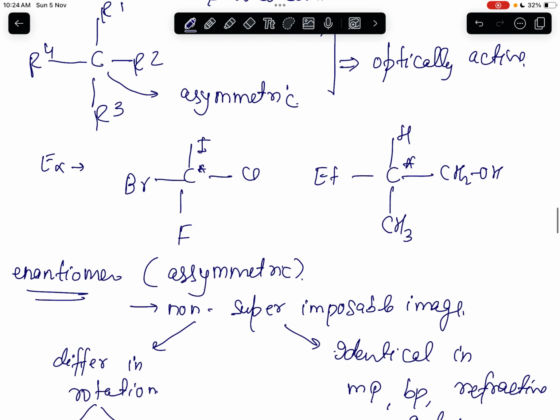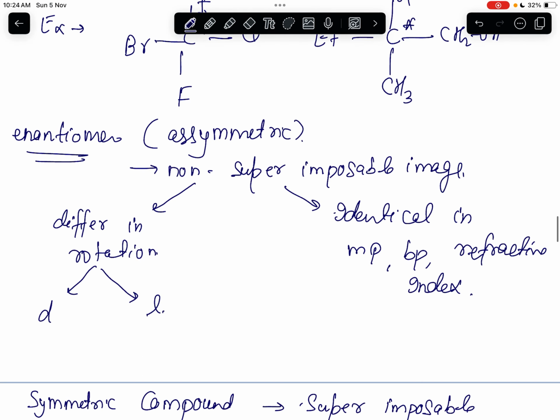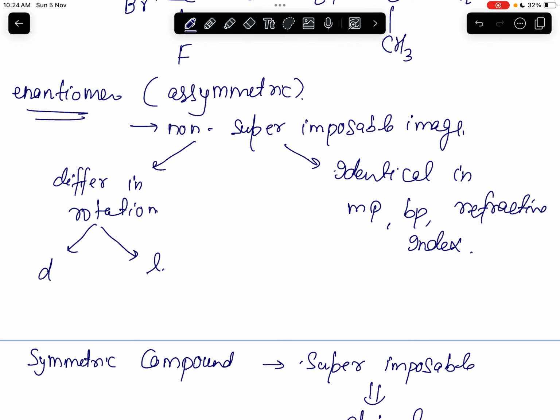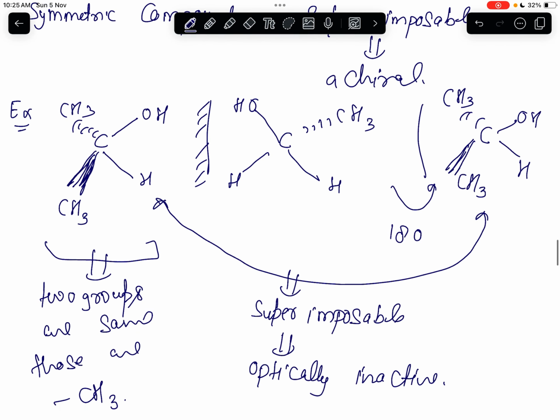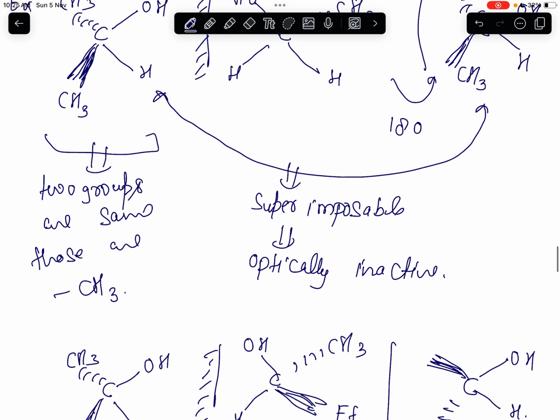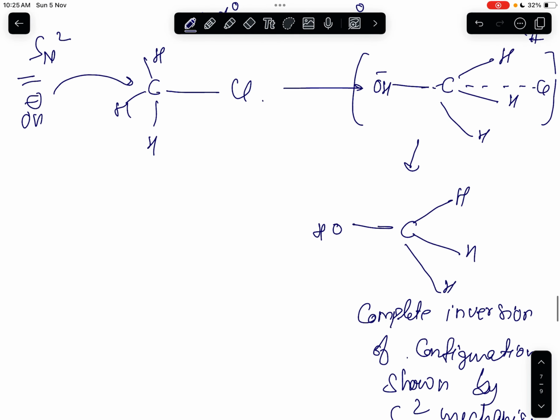In this case, we have given 2 examples here. In the case of enantiomers, the D and L forms are like this. When we take the mirror image and rotate it by 180 degrees, the final compound will not superimpose on the initial one. So we can say the compounds are enantiomers. So we have taken the 2 examples very clearly. Thank you so much.